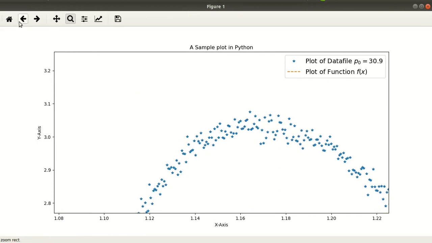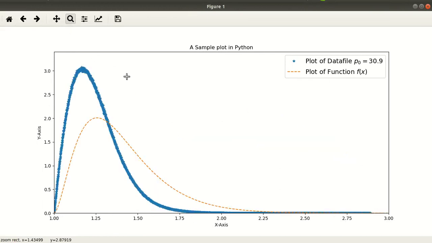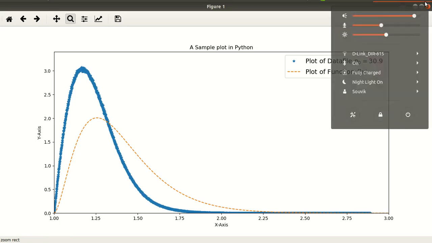And this is basically the sign for zoom out. So you can see this right now. This has been nicely plotted in Python, and this is how you can plot a data file and a function, both of them together in a single plot. So this is basically the tutorial for Python. And one point to notice is that here you can see this LaTeX notation, which you can use using this dollar sign.